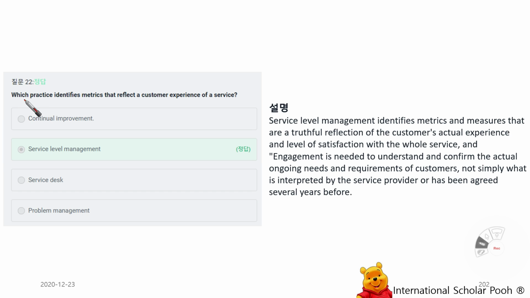Which practice identifies metrics that reflect the customer experience of a service? Service level management. Service level management identifies metrics and measures that are a truthful reflection of the customer's actual experience, and the level of satisfaction with the whole service and engagement is needed to understand and confirm the actual ongoing needs and requirements of customers, not simply what is interpreted by the service provider or has been agreed several years